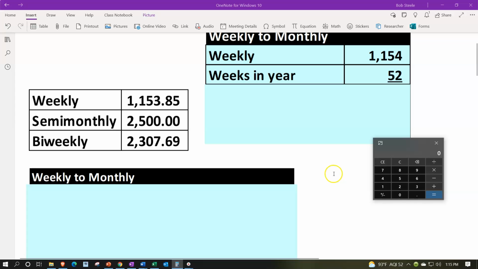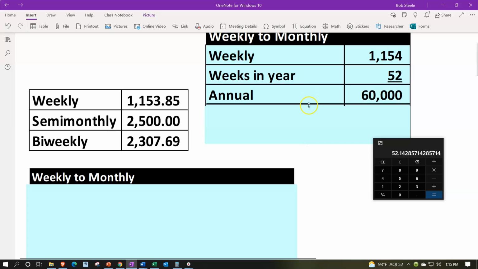Again, it's not perfect, because you can say, well, the days in a year are like 365 generally, and if we divide that by 7 days, we get about 52.14 and so on. But 52 is a fairly close number that we'll use, so I'm going to use 52 here. We're using the weekly amount, about 1153.85 rounded to 1154, but we're actually using closer to this number over here. And then if we multiply that out,